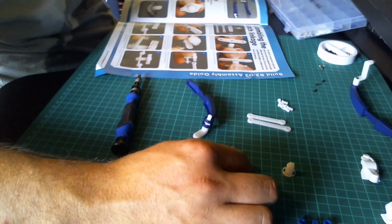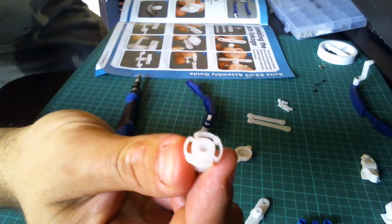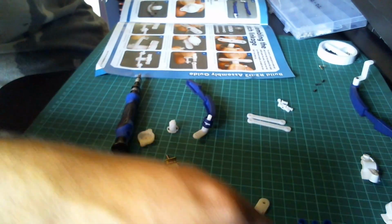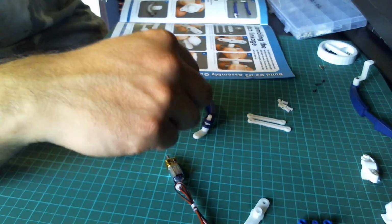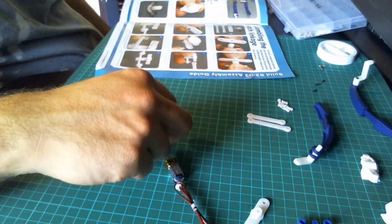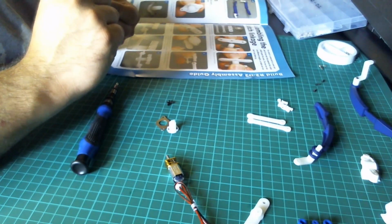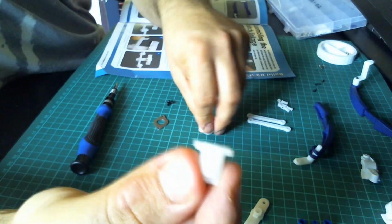So we're going to need the clutch itself, which is this round piece, the back plate, and then we're also going to need the pressure plate. And then we're going to need 2 of the 6mm fixing screws. So we're going to pop this together. The clutch is going to fit into